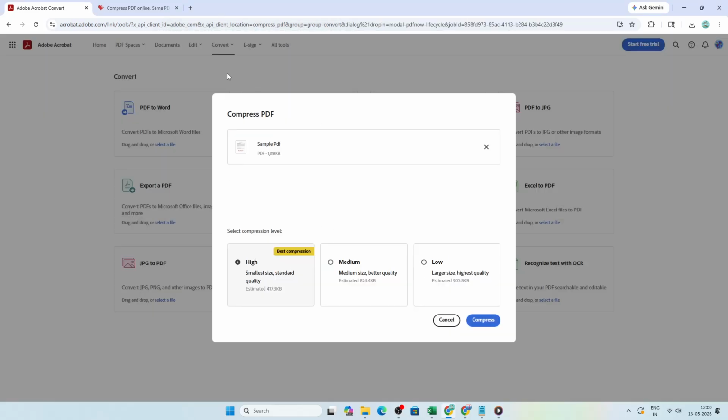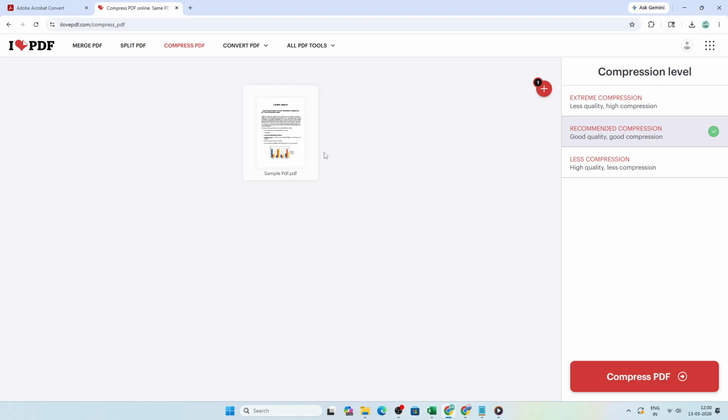Now, choose a compression setting. You will typically see options like low, recommended, high, or extreme compression. If your priority is to maintain quality, low or recommended are your best choices. These modes focus on preserving sharp text and clear images while still cutting down the file size. High can deliver a stronger reduction and often remains visually excellent, especially if your PDF contains mostly text or vector